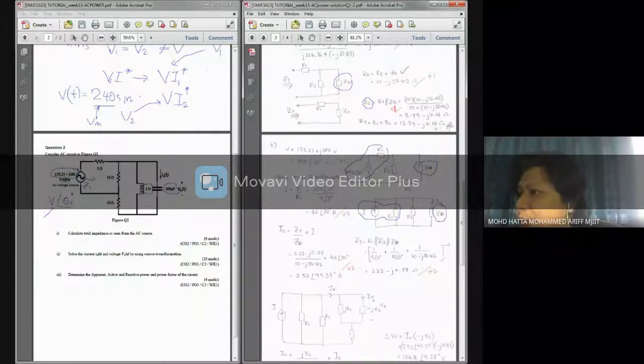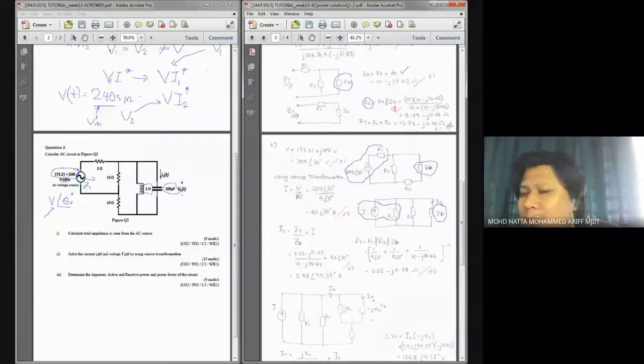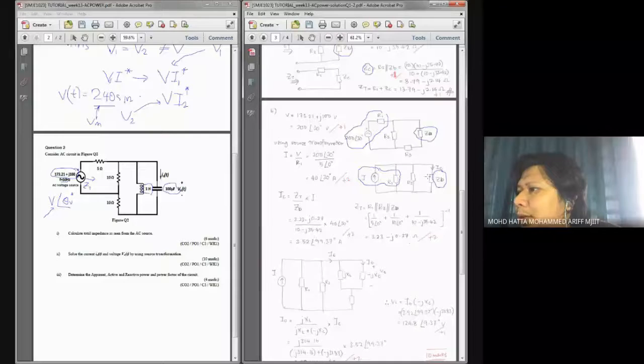So the transformation is quite straightforward. We just divide voltage by R1 to get our current value, and to calculate IC over here, I will use